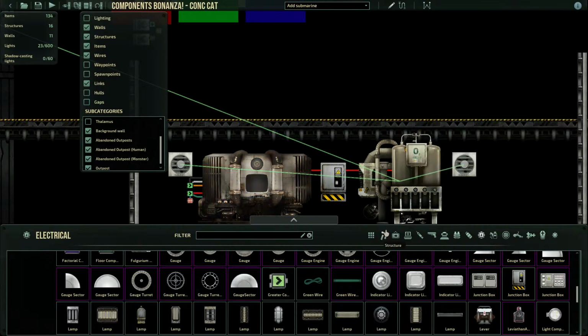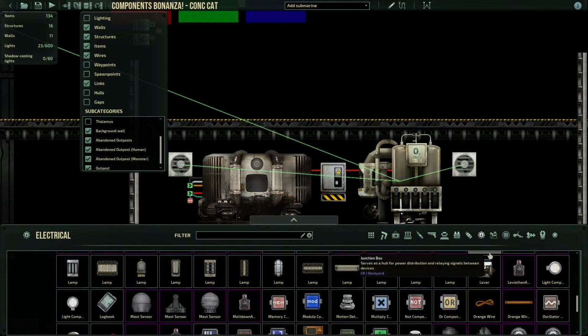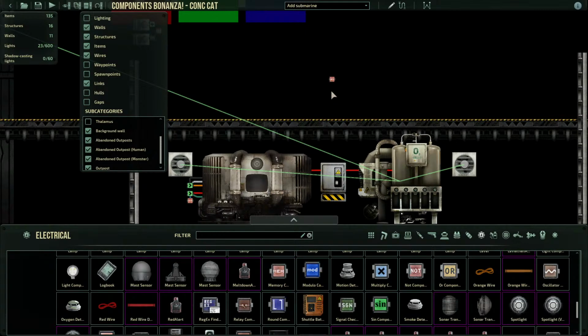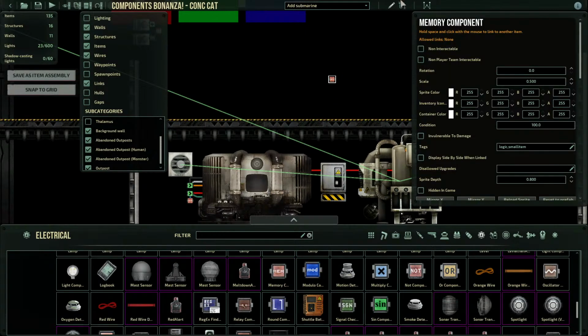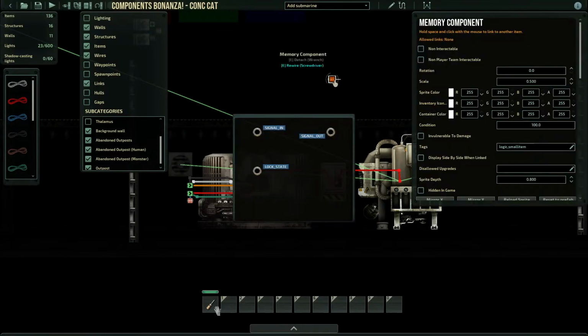Hopefully that one's clear because I'm just going to skip right past that one. Memory blocks. Okay, so memory blocks are fun because they store the last value that they received. Right, so if you have that triangle wave input,